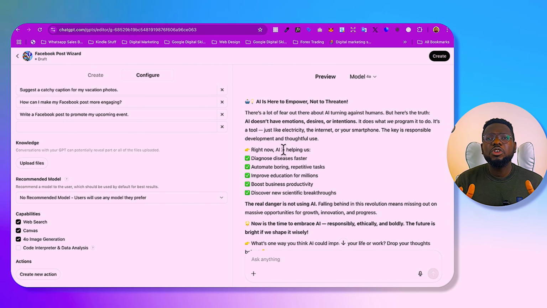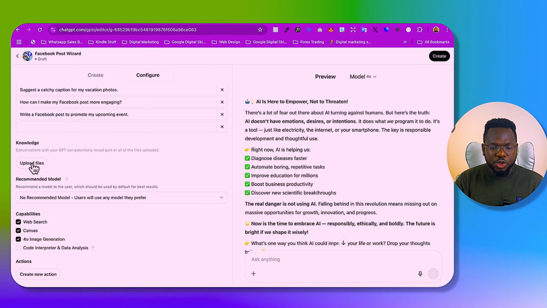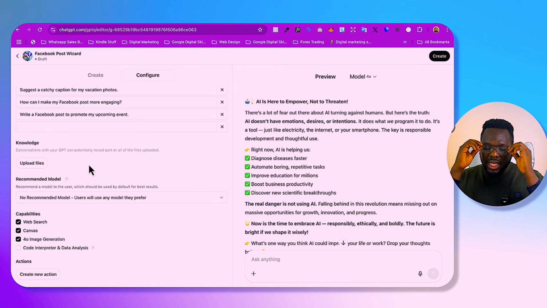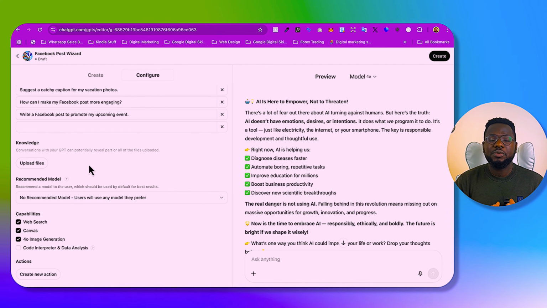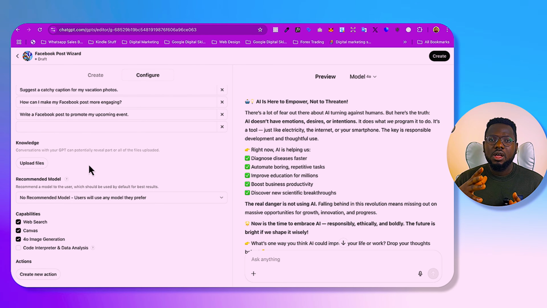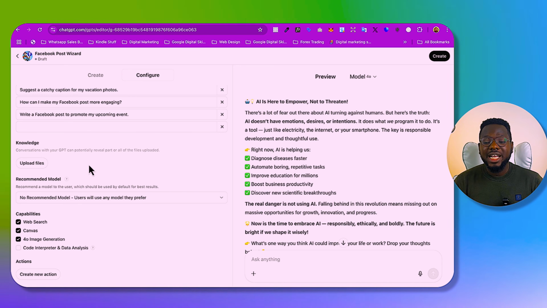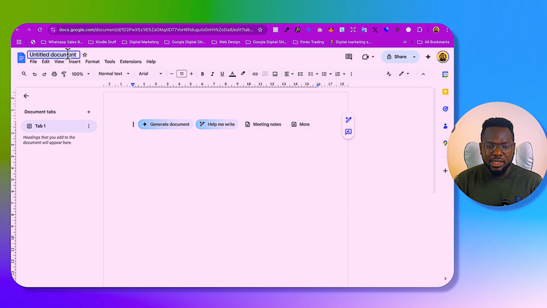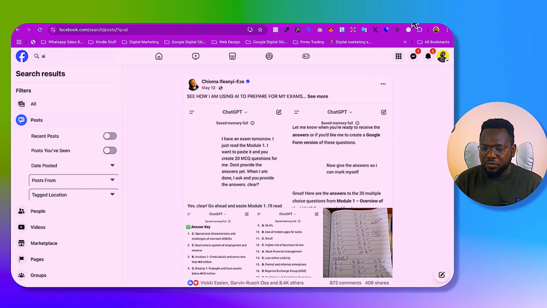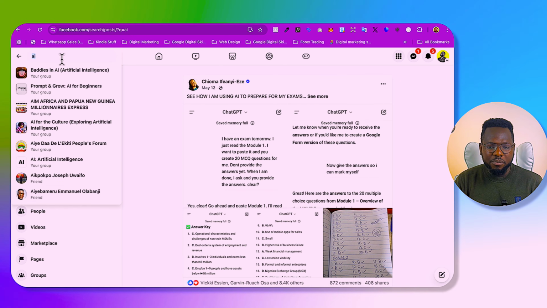So what you can do here is go to Facebook. Any post that you see that has gone viral on Facebook that has a lot of shares, for example, maybe 500 shares or 1,000 comments, you can go and copy and paste them into a Google Doc. So let's say that this is a Google Doc I created. I can say Facebook viral post, okay? So come here and then I'll go to Facebook and search for, let's say,